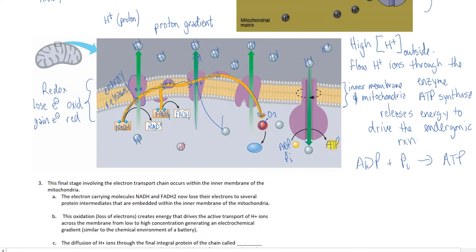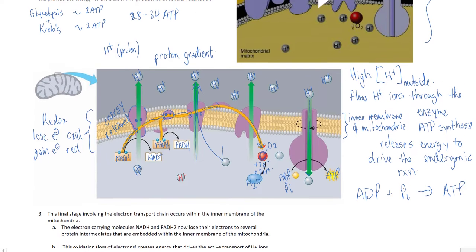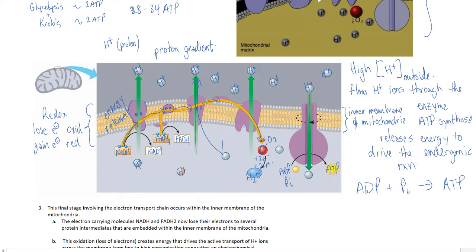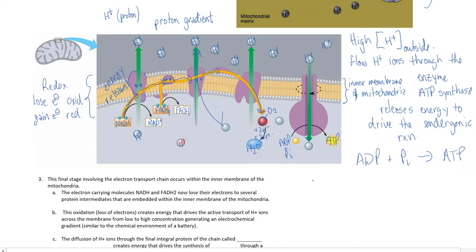And as it accepts the electrons, it also accepts along with it a couple of hydrogen ions, and that forms our water. And that equation, I think we'll write it down below, but just to let you see it a few times, that equation looks like this: an oxygen molecule plus 2 electrons plus 2 hydrogen ions forms our water